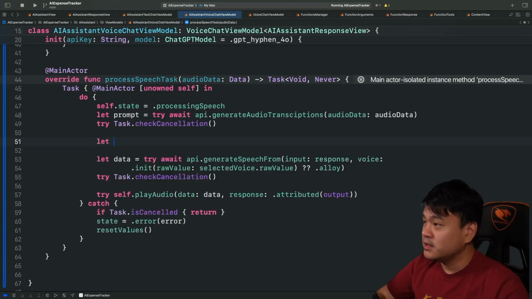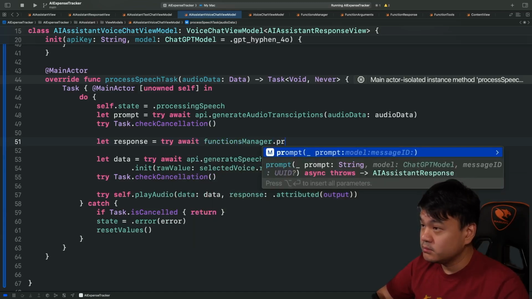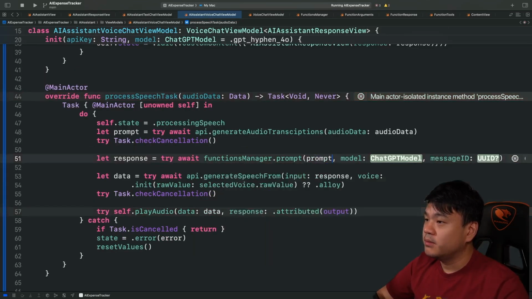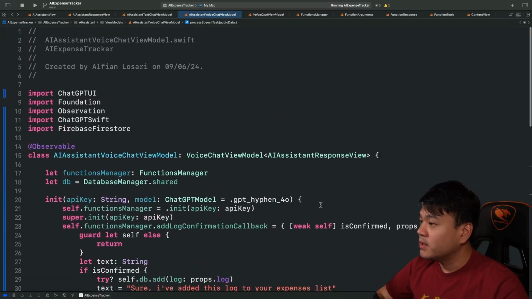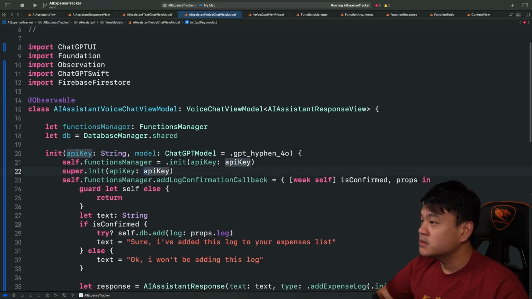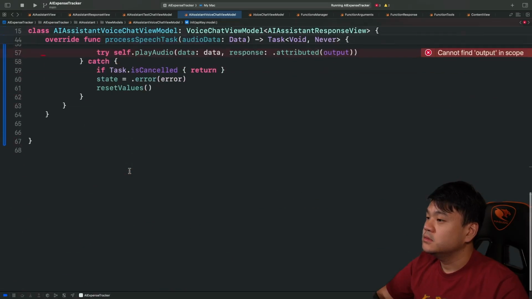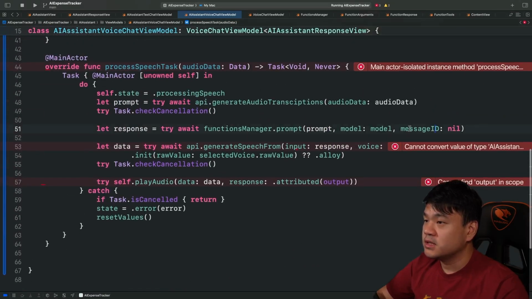Okay, and basically in here we'll be invoking let response try await functions manager and prompt. The prompt we simply pass the prompt, and the model we simply pass the model as well, and message ID let's pass nil. Okay, I think I forgot in here I should pass model to the init in here, so I can access it in here. Model message ID is nil, we don't need the message ID, so we just remove it because it has the